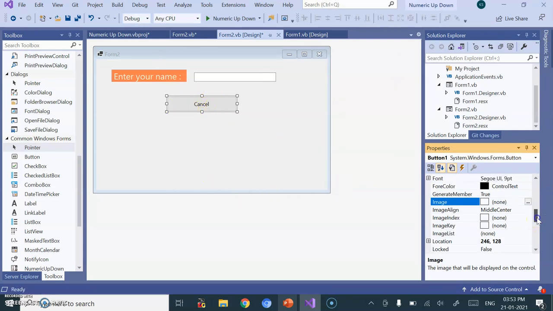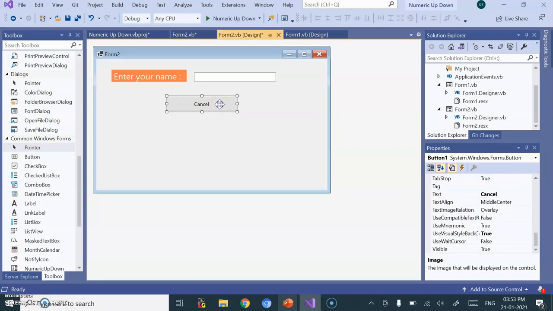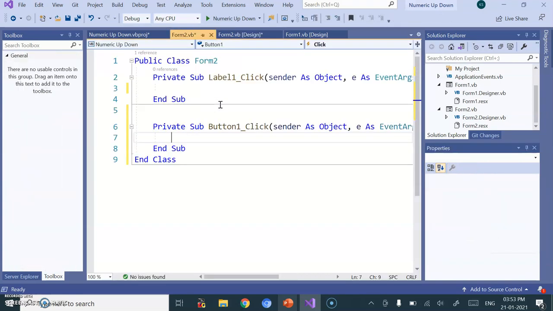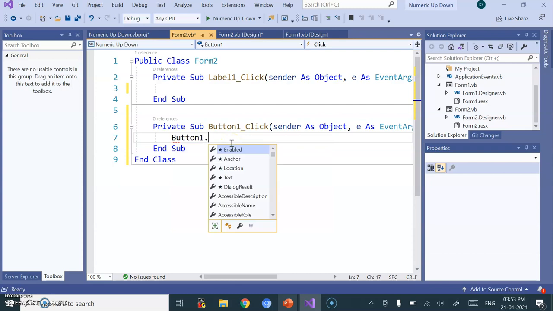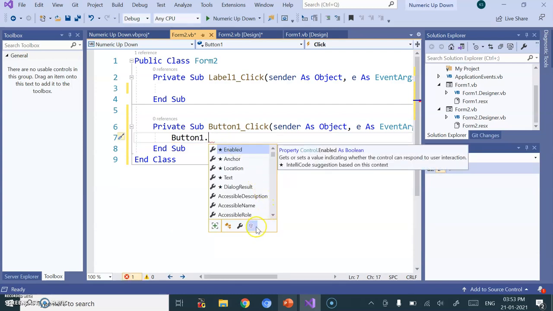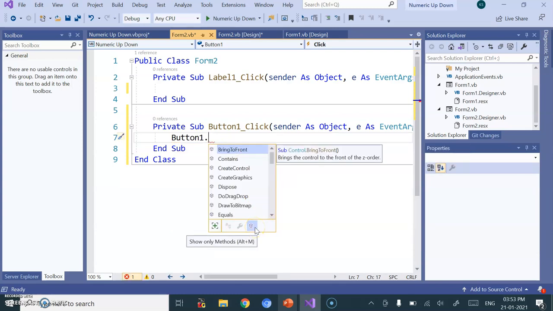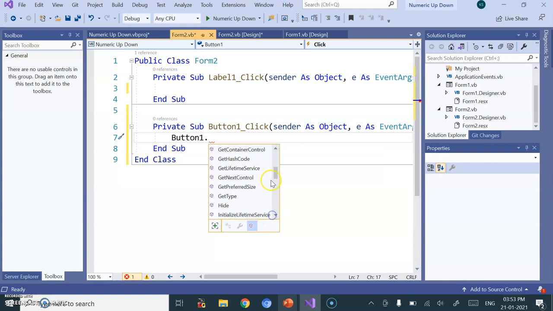So this is image, fore color is there, so many properties we have. Then we double click on it, it will redirect to the coding window, and let me write button 1 dot, and when we say button 1 dot, see, bring to front, contains, dispose, equals, so many different methods, right?